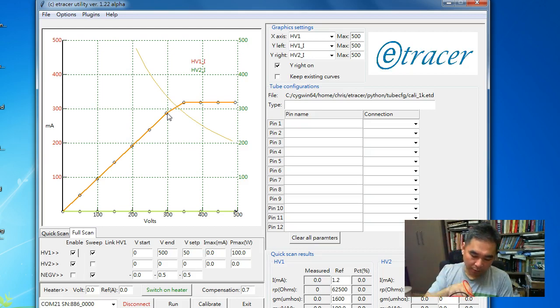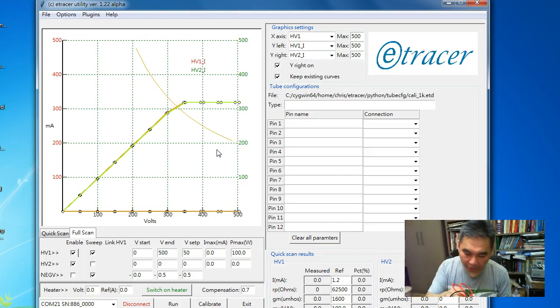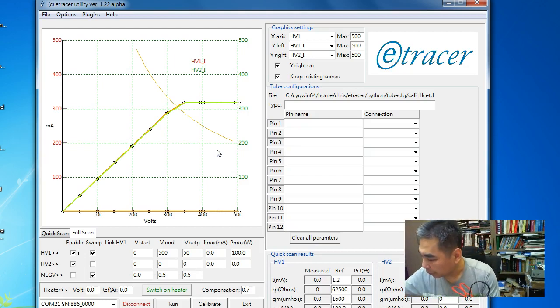So this is HV1. Let's check the output of HV2, and let's keep the previous curve. Okay, so you can see these two curves pretty much overlap, but still the measured data is lower than the expected value. Okay, so let's check the low current region